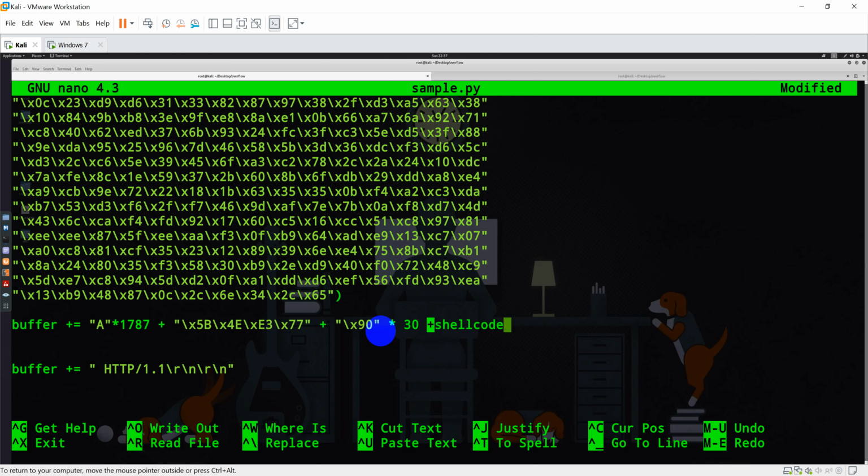What the NOPs will do is instruct the CPU not to perform any action and pass the execution control to the next instruction, which means our shell code. So it is important to place some NOPs, because they simply tell the CPU not to perform any other action. You can put a buffer of 20 to 30 directly so that your shell code executes smoothly.